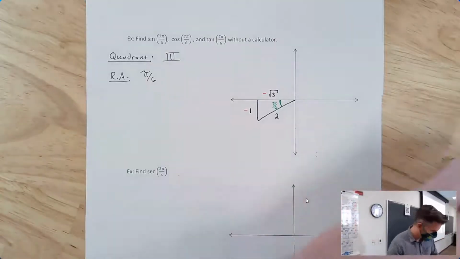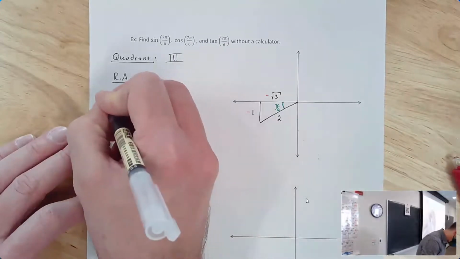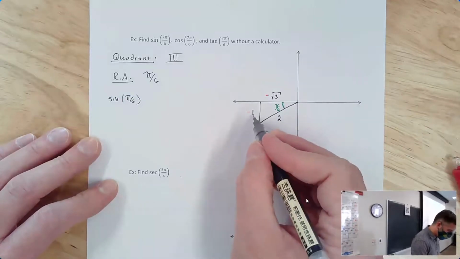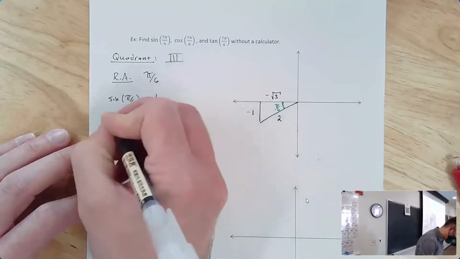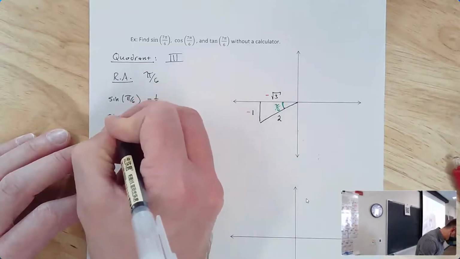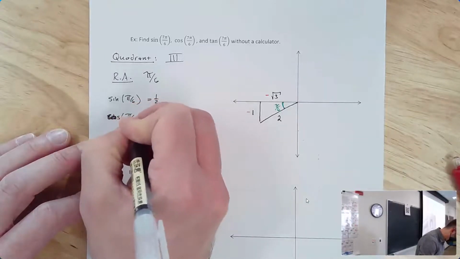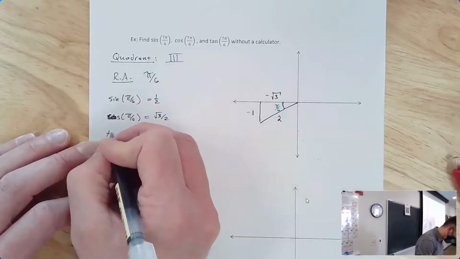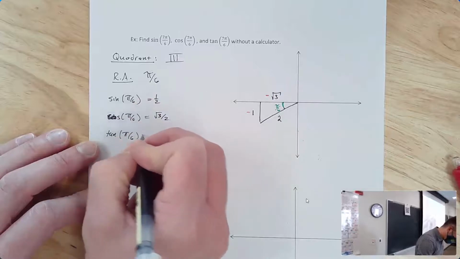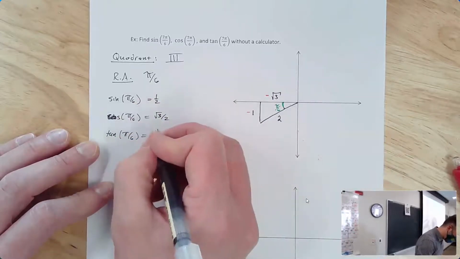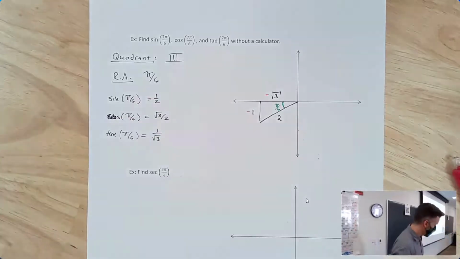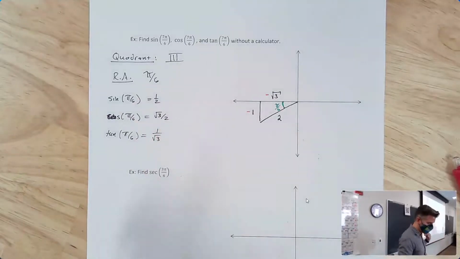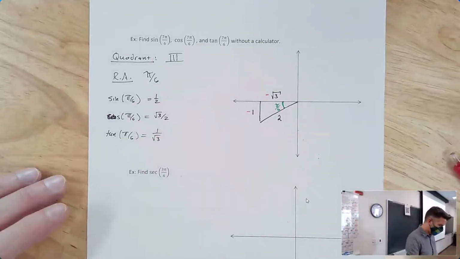So here's what I'm going to point out. We know that sine of just pi over 6 would be 1 over 2. Cosine of pi over 6 would be the square root of 3 over 2, right, adjacent over hypotenuse. And tangent of pi over 6 would be the opposite over the adjacent, which would be 1 over root 3. Now, those aren't the angles we've been asked to find, but I want to use this information to then say, okay, well, if I know that sine of pi over 6 is 1/2,